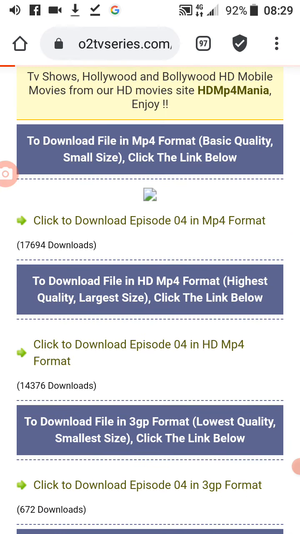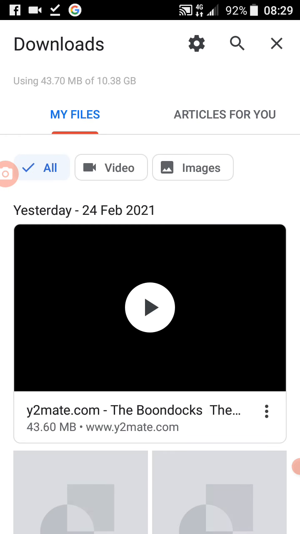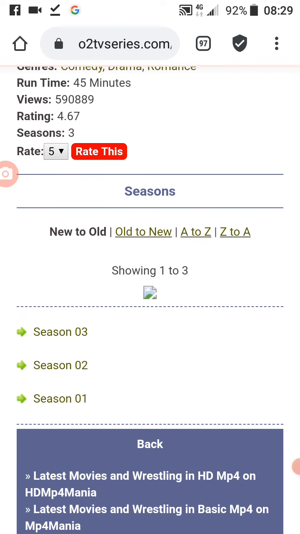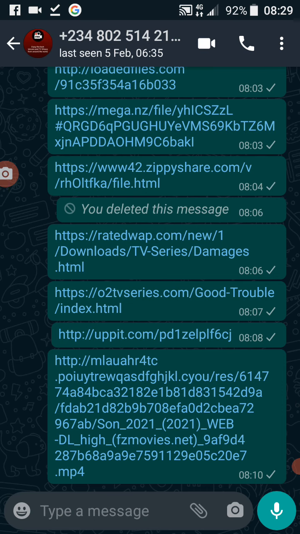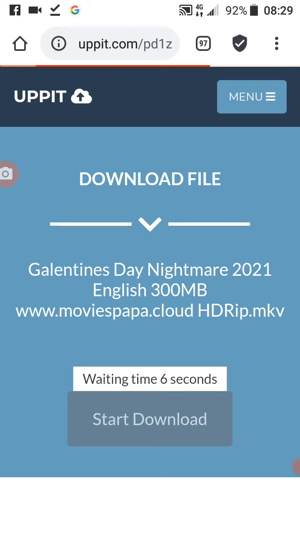Then when you go back, let me go and cancel that. It's very fast. And this was very bad here. Very smooth. So that's what I always recommend. Use what? Ad blocker browser. So this next one is called opit.com. The best one you can use is an ad blocker or Brave browser. Let me try the ad blocker for you. Once it's open like this, waiting time is 6 seconds. Just wait for 6 seconds.